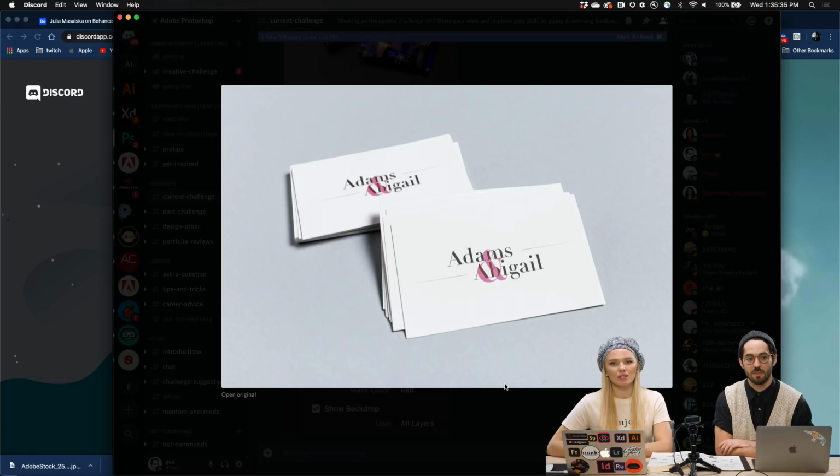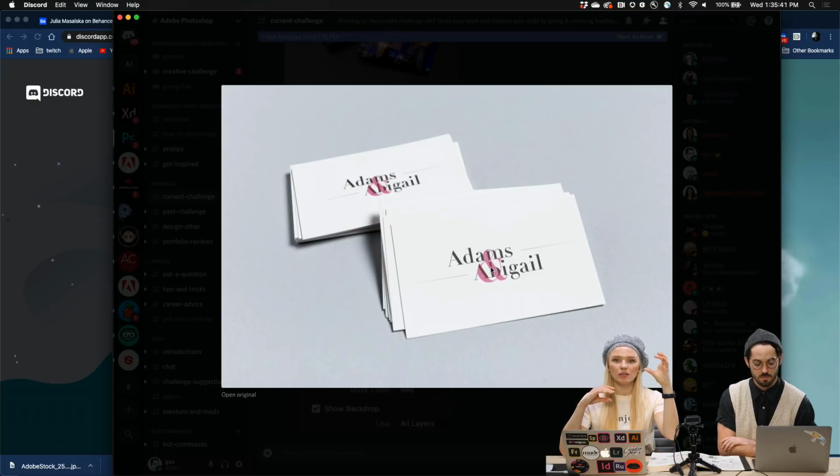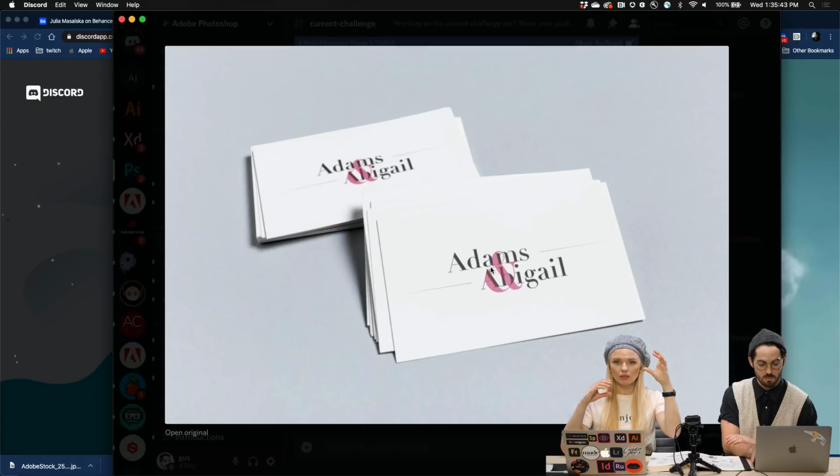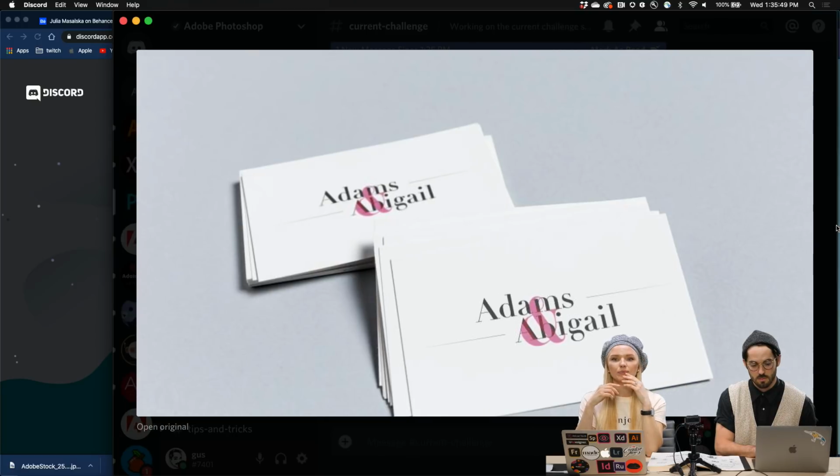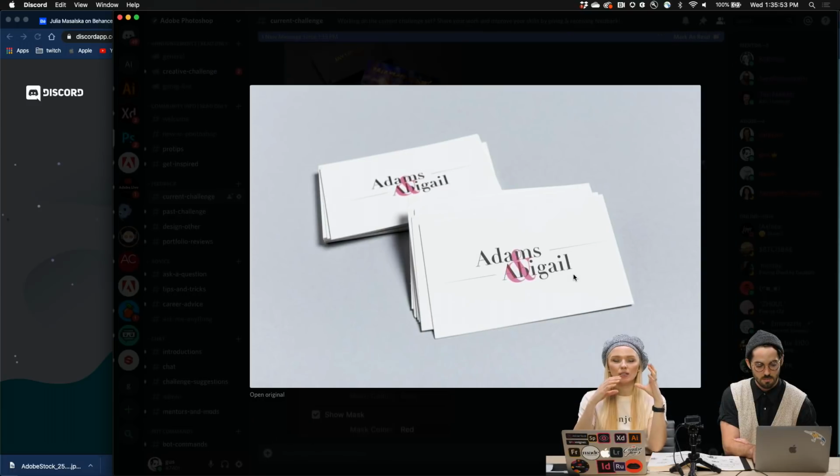I like the sans serif that you've used here. Maybe the only thing that I would do is take Adams and Abigail a little bit apart, so it's more readable, and still kind of connected with the end, but take it a little bit more apart, I would say.